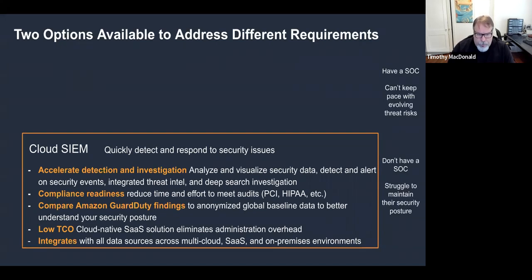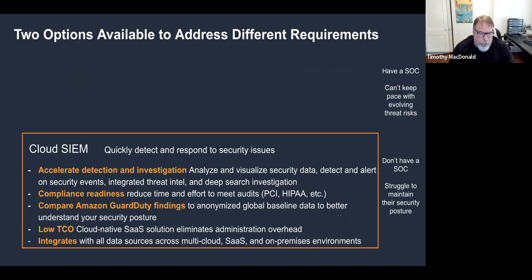So that use case, everybody still has security requirements. So you still need a SIEM. You still need to be able to detect and respond to security issues. But on a maturity and persona scale, you may not have the same requirements that a dedicated SOC would have.